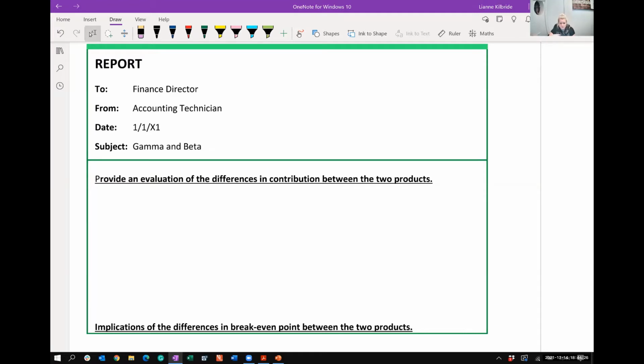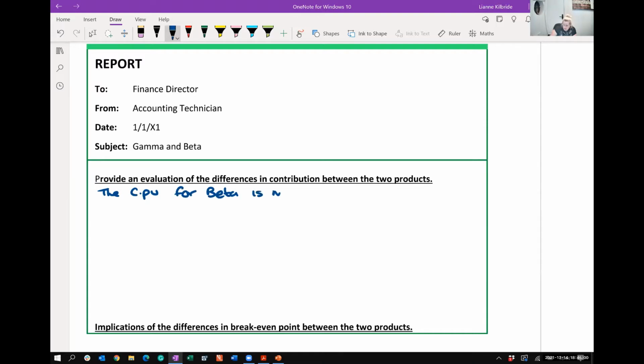So it says, first of all, provide an evaluation of the differences in contribution between the two products. Okay, so the first thing that you're going to do is state what the contribution is between the two products. Okay, so again, I'm just going to write this in brief, but I will send you it through in full detail. So in here, the contribution per unit, okay, for beta